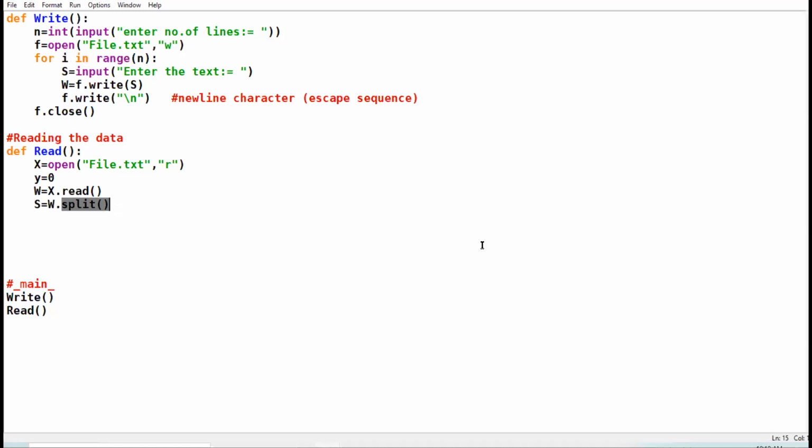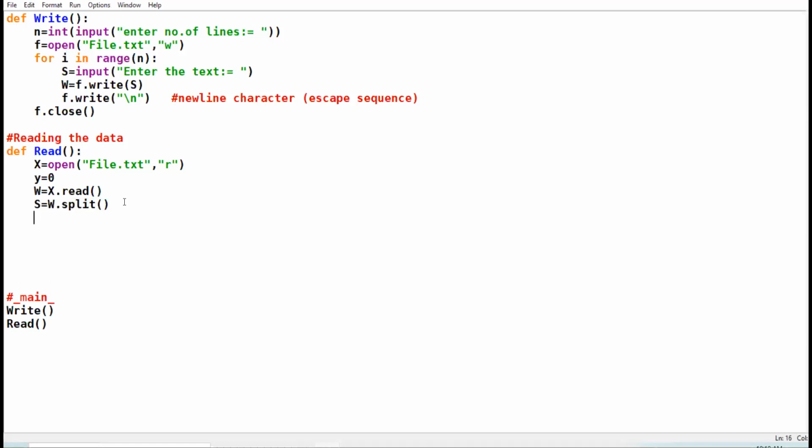This is important, especially in the case of moving word by word. Clear? So after the data is split, I have assigned the data to variable s.